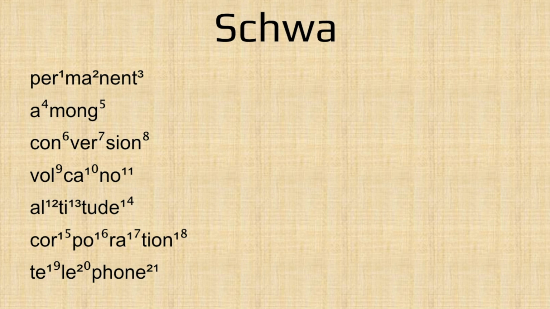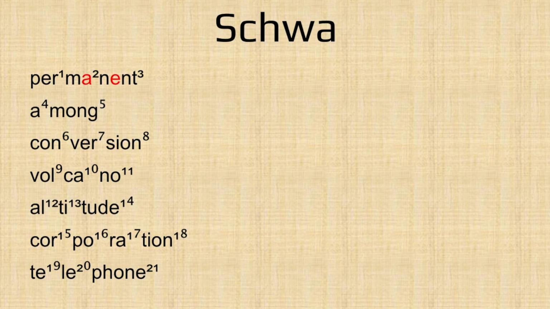The schwa sound, that which is so infuriatingly frequent in English, is the bane of English spelling and a real problem for people learning English. But to native speakers, it comes naturally, and usually if you think about a word, you can work out where the schwa sounds are. So in this one, we have the word permanent, and of course it's the last two